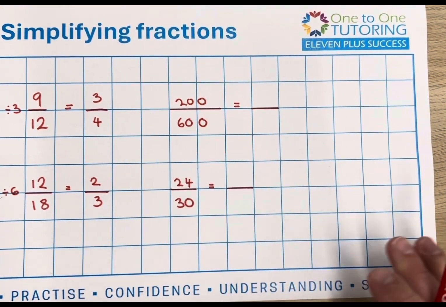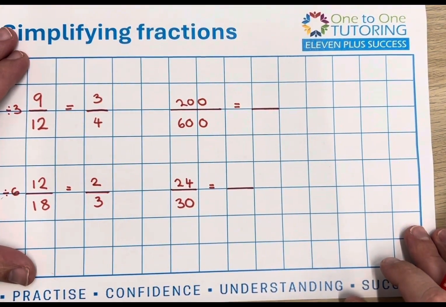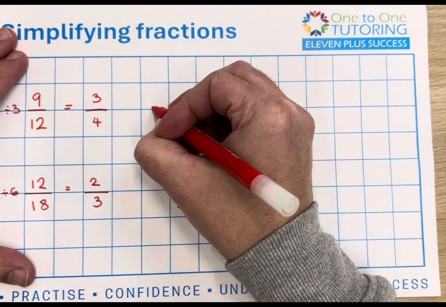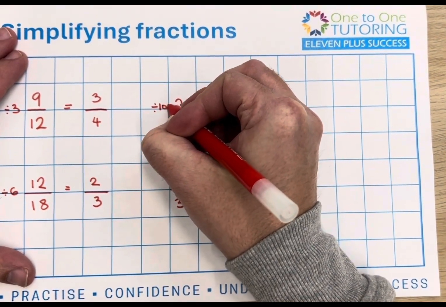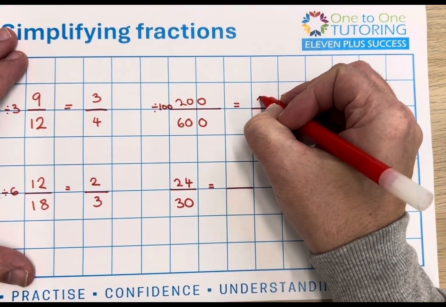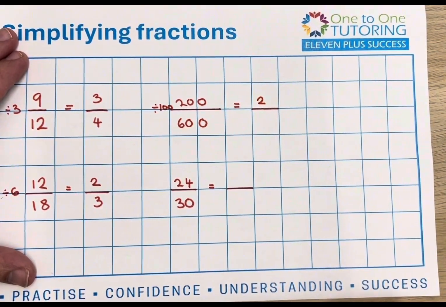This question here is a little bit more challenging. My first step with this one is I know they're both going to be multiples of 100. So my first step is to divide both numbers by 100. 200 divided by 100 is 2, and 600 divided by 100